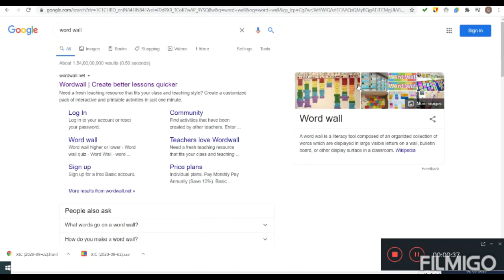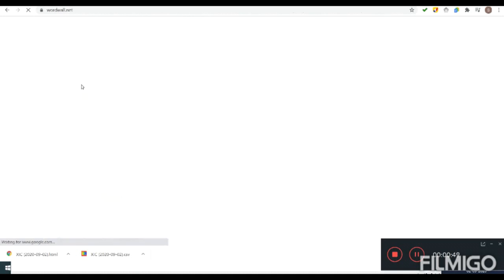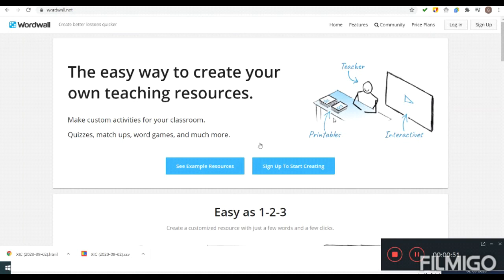So let's start. This is the website, Wordwall. First of all, you will write Wordwall in Google, and you will get the first link, wordwall.net. So click on the link. After clicking the link, you will reach the home page of this website. What you need to do first is create your account. You can create the account by using your KVSRO official account. So I am doing it.